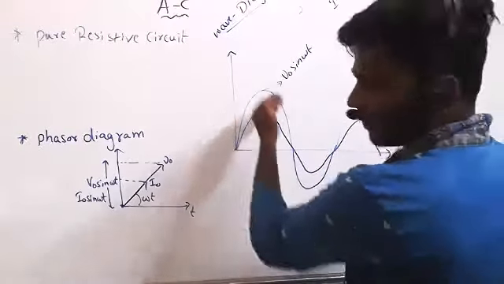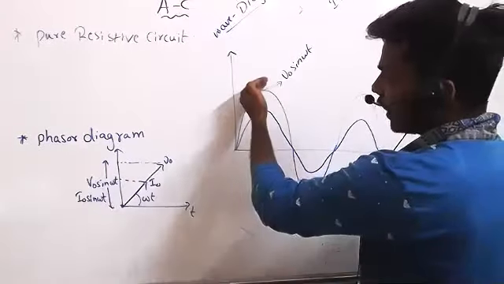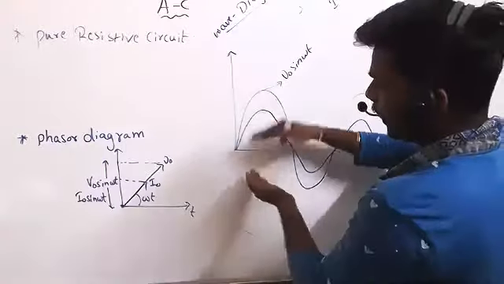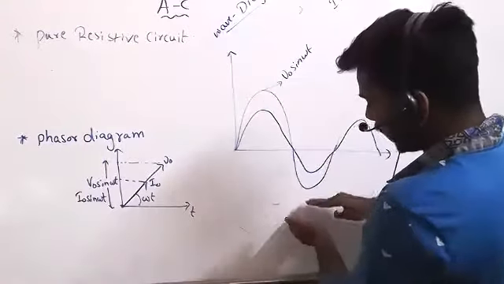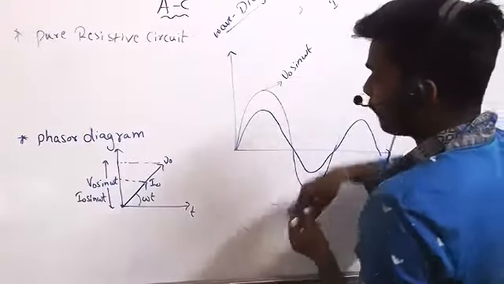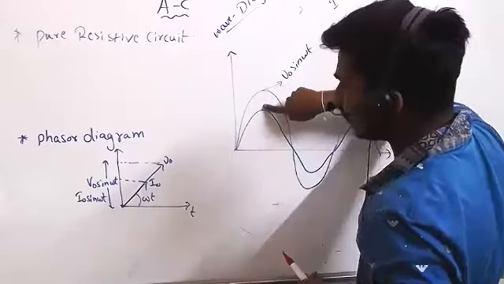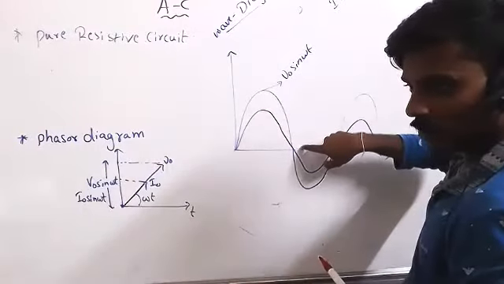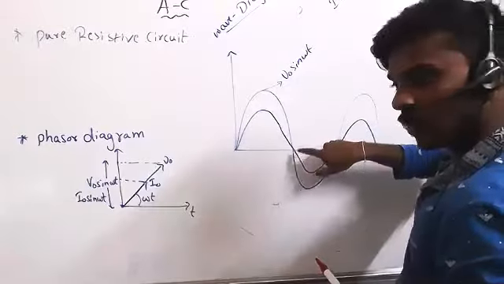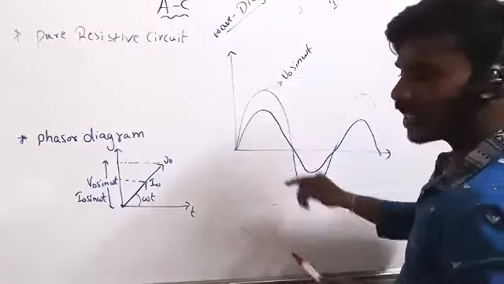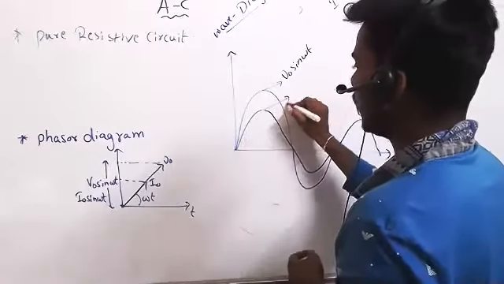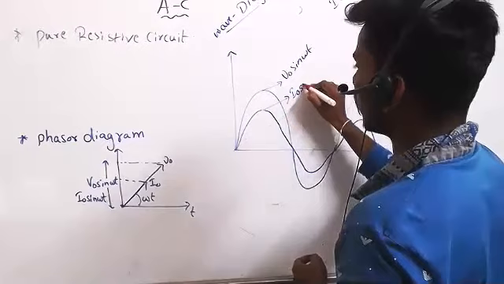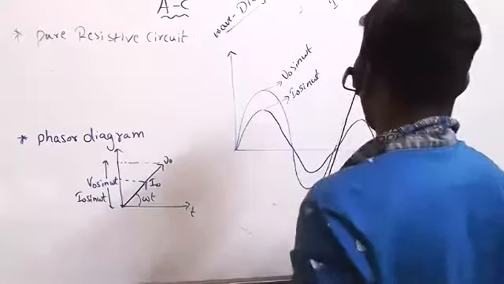Is there any phase difference? No. In which direction is it? Positive, and it is also positive. When it is negative, it is also negative. When the voltage goes to its peak value, the current also goes to its peak value. When it comes to a low value, the current also comes to a low value. So both are in the same phase. Here it will become I naught sine omega t, against t.